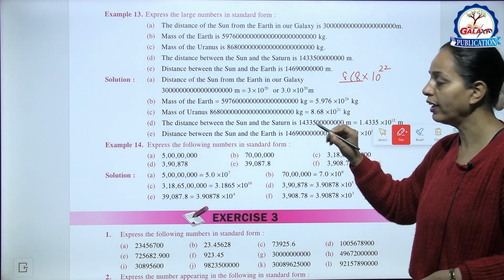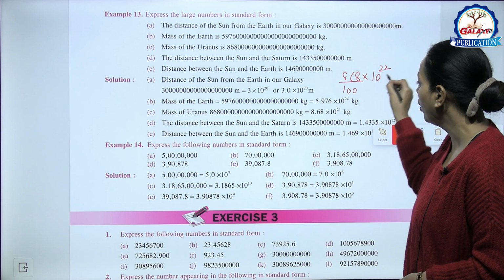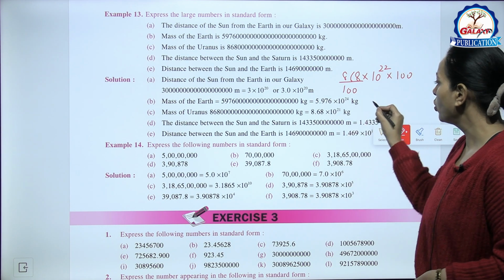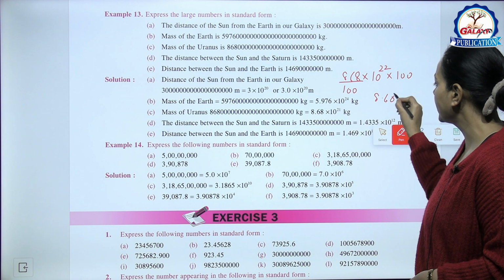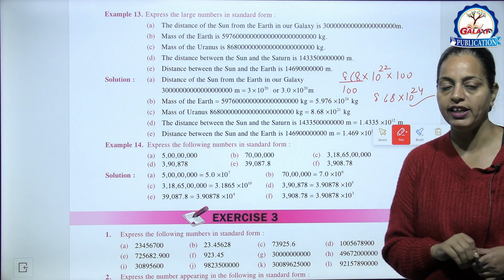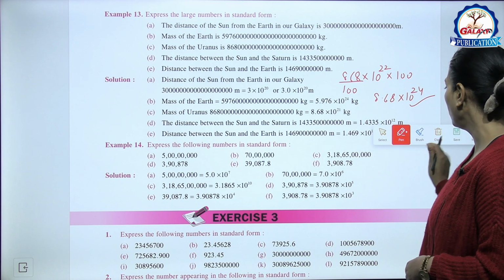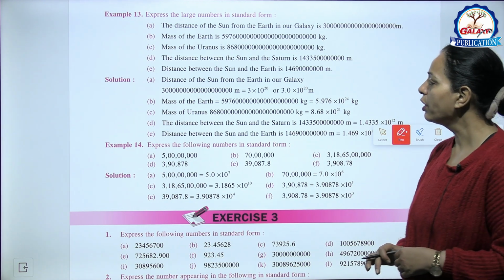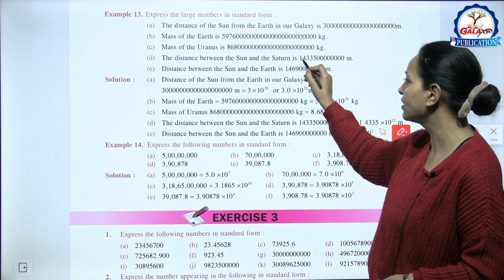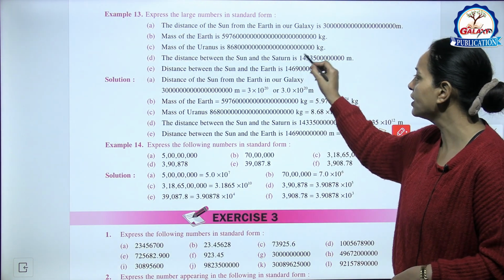तो अब हम क्या करेंगे? हम नीचे 100 लिख देंगे और 100 से ही मल्टीप्लाई कर देंगे. So what we are getting? 8.68 into 10 raised to the power 24 kg. Right? I hope this is clear to you. Now here next one, D part, the distance between the Sun and the Saturn is this one. So here this number